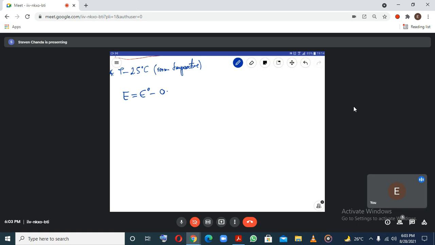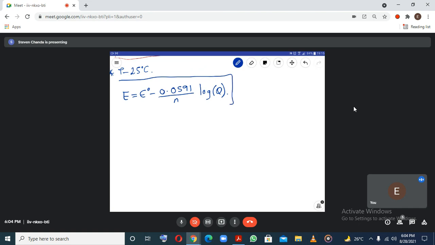So maybe it may not be room temperature, but let's just take it as 25 degrees. So at 25 degrees you've got that over the number of moles. Then it's no longer ln, it's log of the reaction quotient. So you see, what this equation is saying is that if you want to find the cell potential